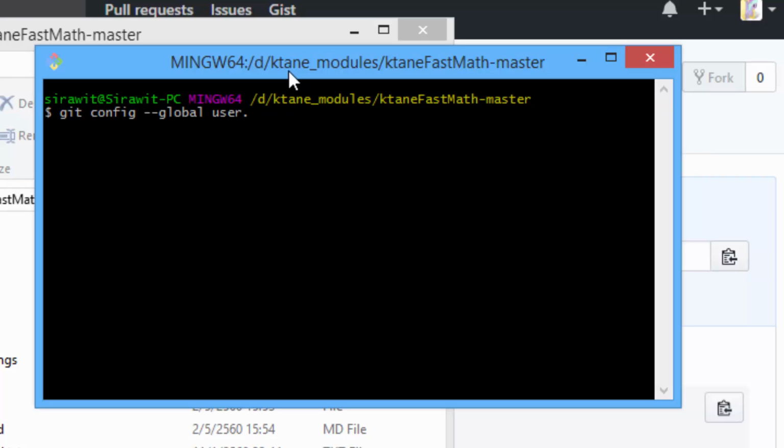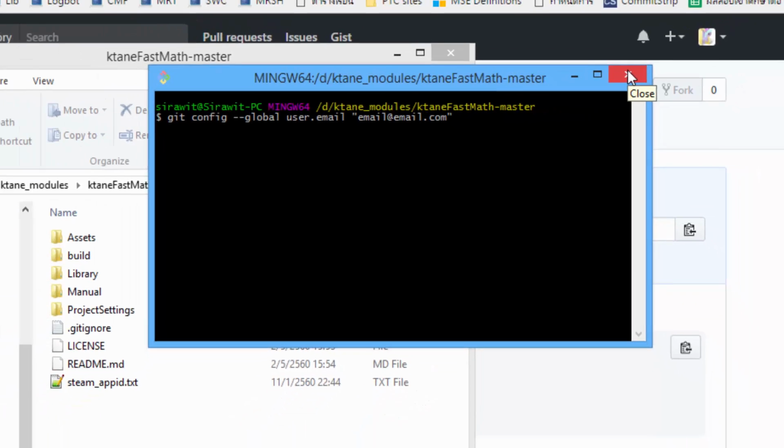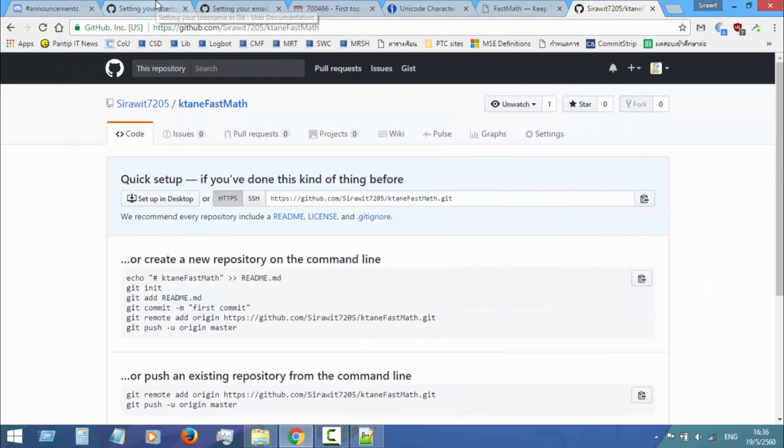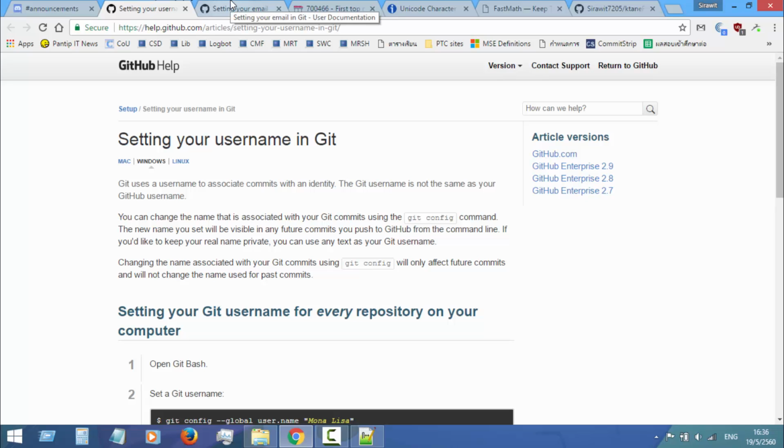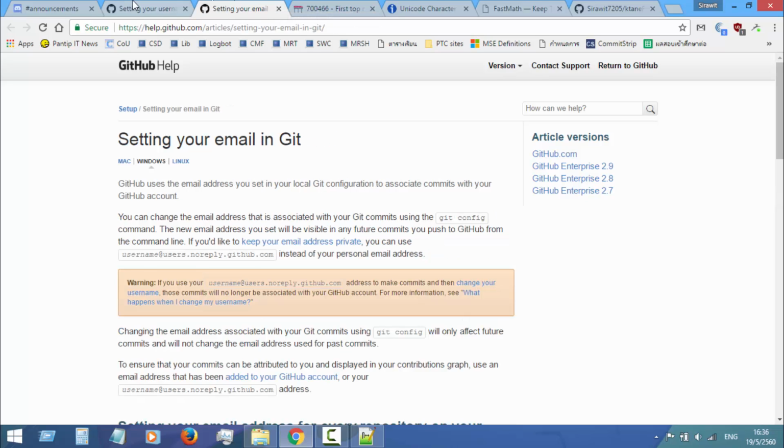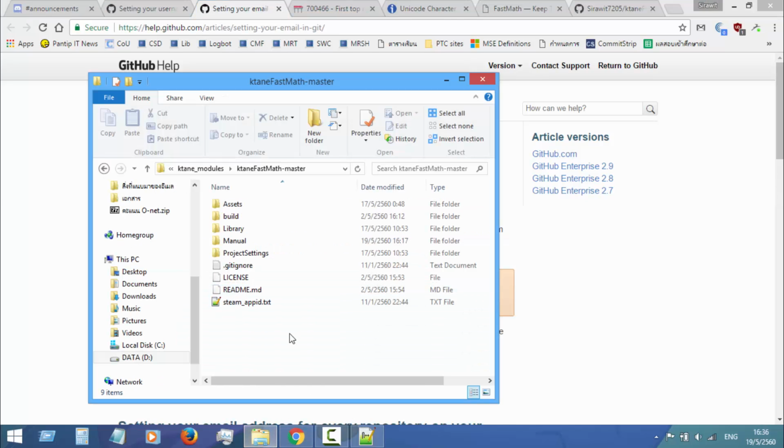And then to set your email, you put user.email and set your email address here. I'm not going to do that because I've already set it and I don't want to override my settings. You can see more about the process in GitHub help. I'm going to put this link in the description. Okay, so if you already set that,